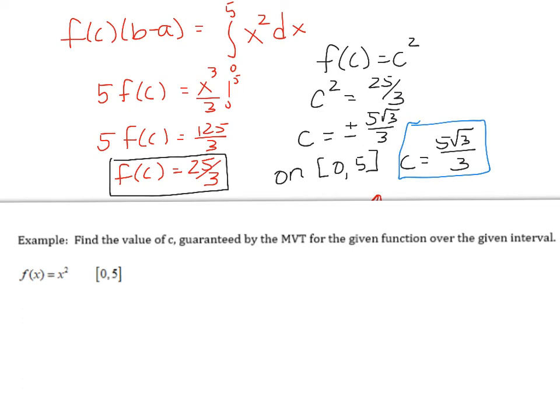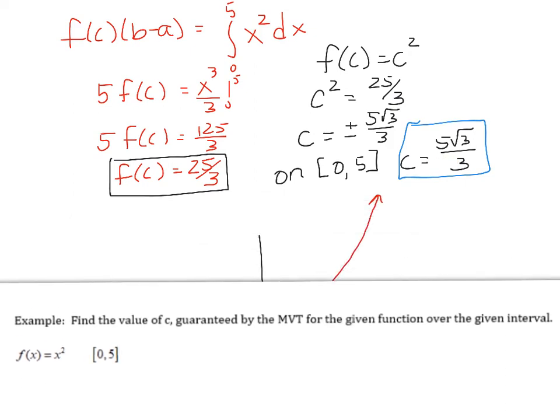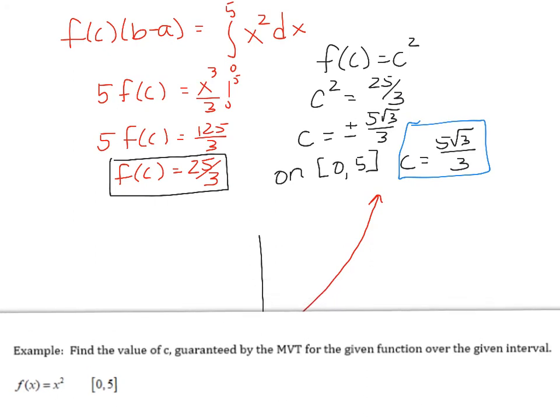So when you take the square root of both sides, you get that irrational denominator, and you rationalize it, you get 5 radical 3 over 3. And then you have to remember, just like with the mean value theorem for derivatives, that we are only looking on a particular interval. So although this yields two values of c, we are looking for the one or ones that are on the interval 0 to 5. And negative 5 radical 3 over 3 is a negative number, clearly not on this interval. 5 radical 3 over 3 is on the interval, so that is our value of c that satisfies the mean